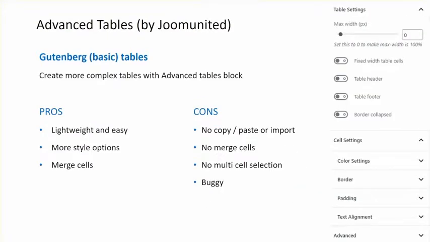So Joom United, our favorite editor, has created an advanced table for Gutenberg. It's really well integrated in WordPress, and at the beginning it works exactly the same. You create a simple table, you add or remove any cell you want. It's still pretty lightweight and easy to use, but you have more options, and you can see on the right,